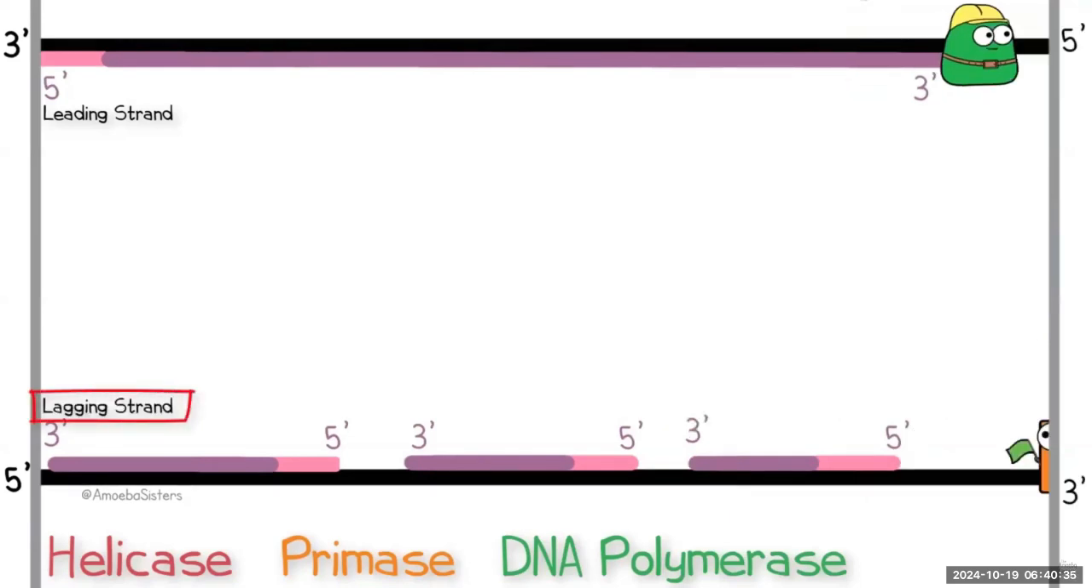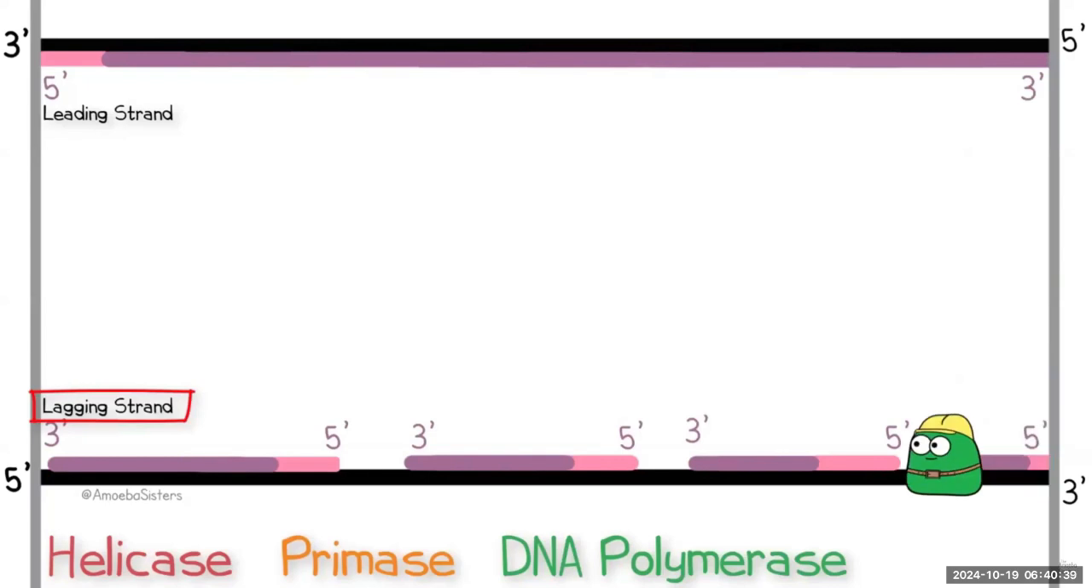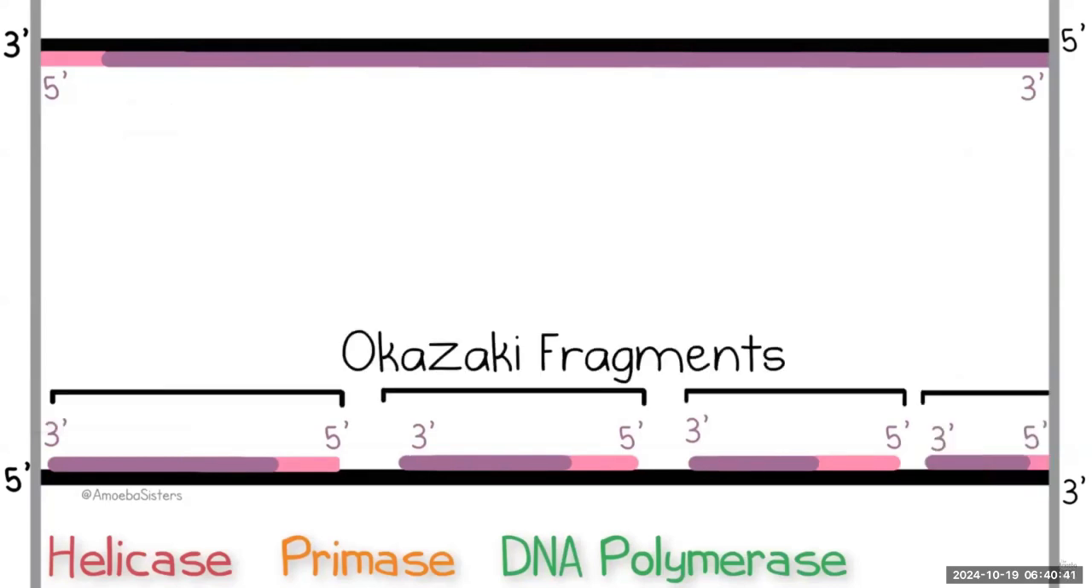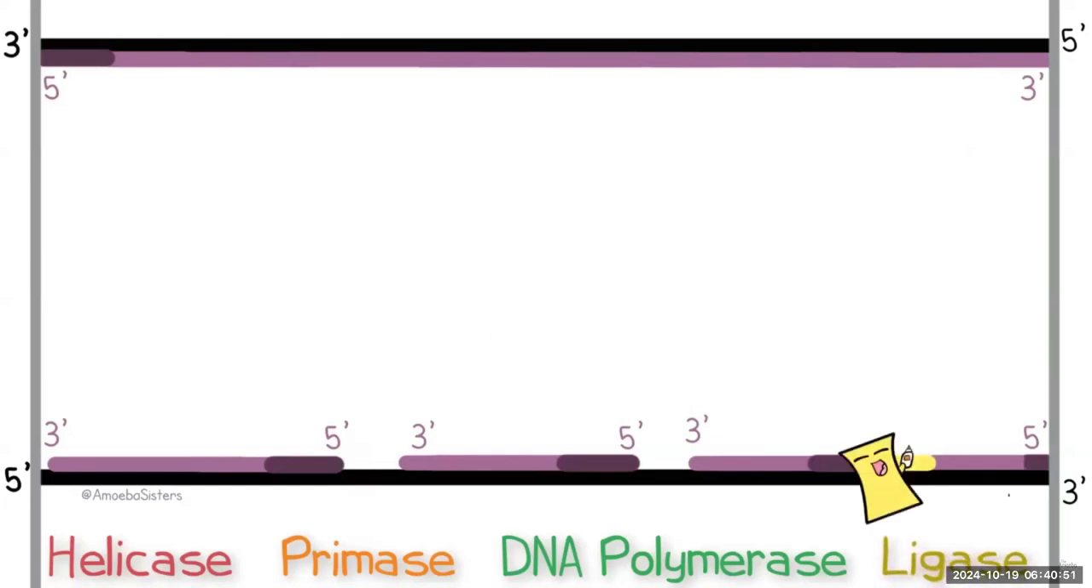On this lagging strand, primers have to keep being placed in order for DNA polymerase to build. These fragments that result are known as Okazaki fragments. Primers have to get replaced with DNA bases since the primers were made of RNA. Ligase, the gluing enzyme, as I like to nickname it, has to take care of the gaps between Okazaki fragments,